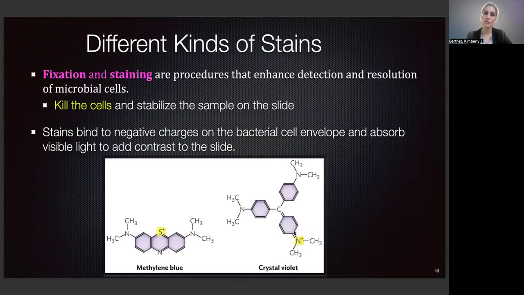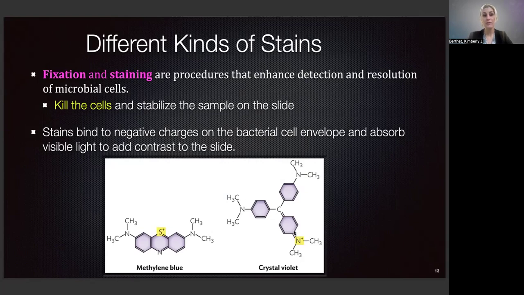When it comes to observing microorganisms with light microscopy, we're going to be using stains to visualize them. If we don't use stains, they'll just look kind of clear against a clear background for the most part. So we fix our sample to the slide so that it's not moving, and then we stain them. This process actually ends up killing the cells, so we're not going to be looking at living, mobilized cells at this point. So if you do something like a wet mount, you're looking at live cells and you may see